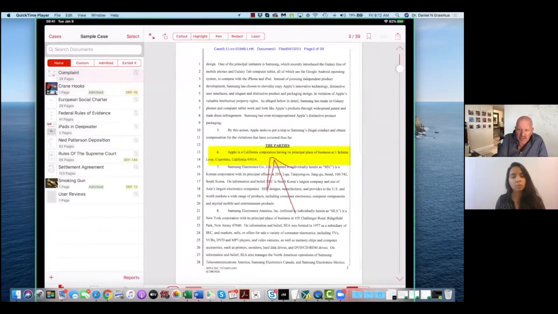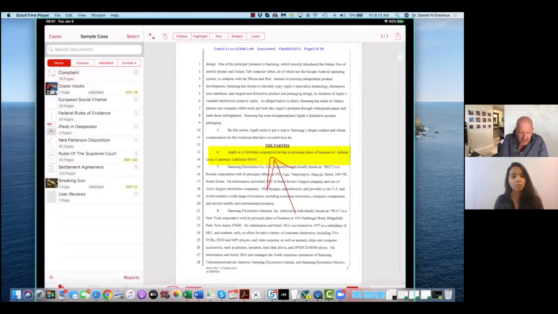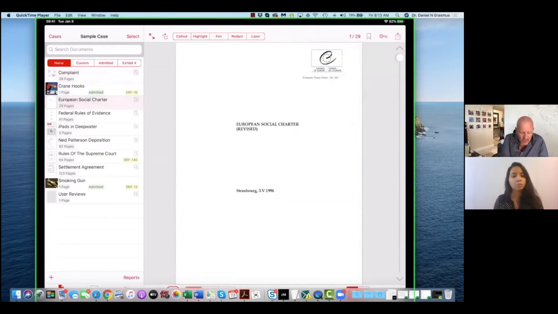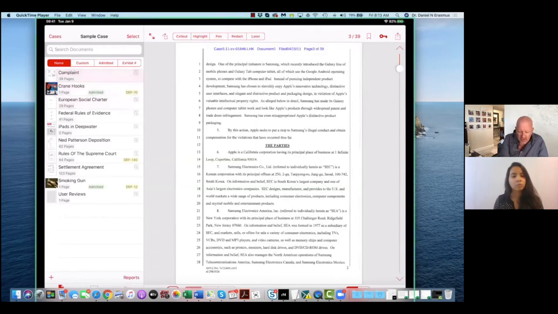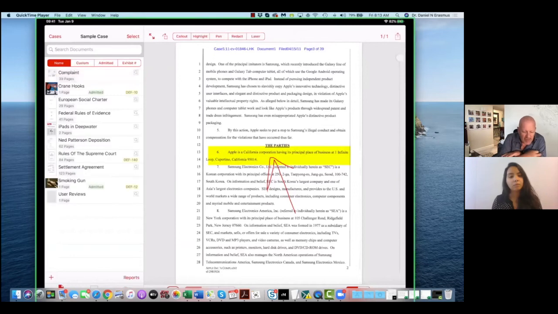Then at the top, there's a key documents page, and it will ask me, do I want to save this as this current page or the entire document as a key document? I may want to just refer back to this point, so I save it as a key document. If I go to key documents, it'll bring me back to that page. So if I go to a new document and I go back to the complaint, you'll see it's taken it back as a clean document, but I want to highlight what I said previously on paragraph 6. I simply go to my key documents and it takes me there. So it's very powerful.